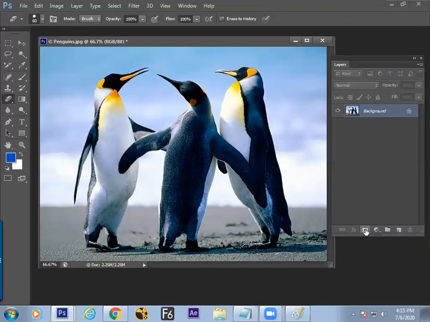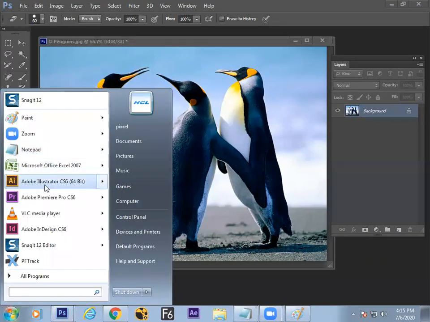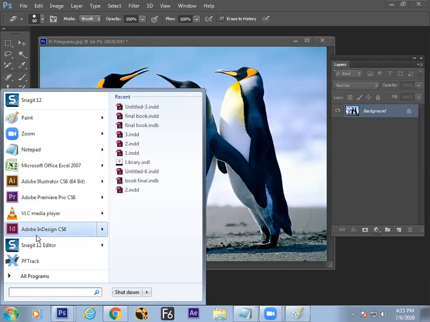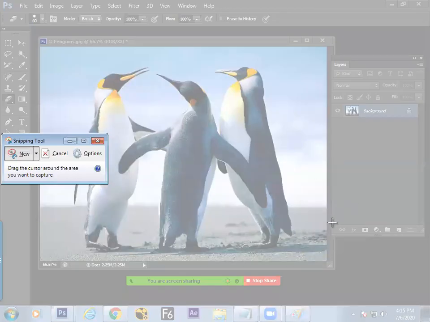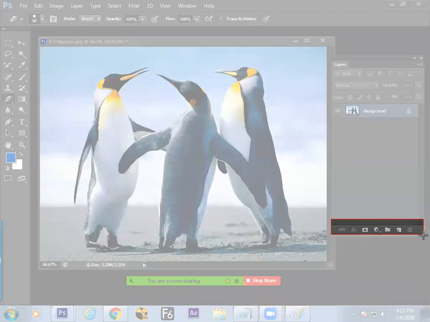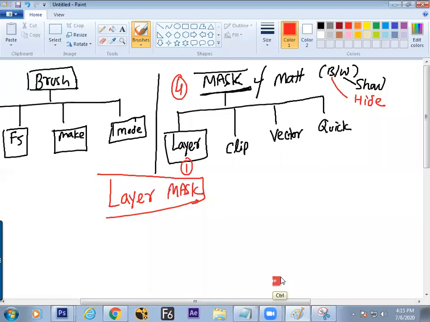This is the button which creates the mask. So we have understood who is responsible for making the mask. This is the button which is responsible for making the mask. Third button from the left side. It helps to make the mask.